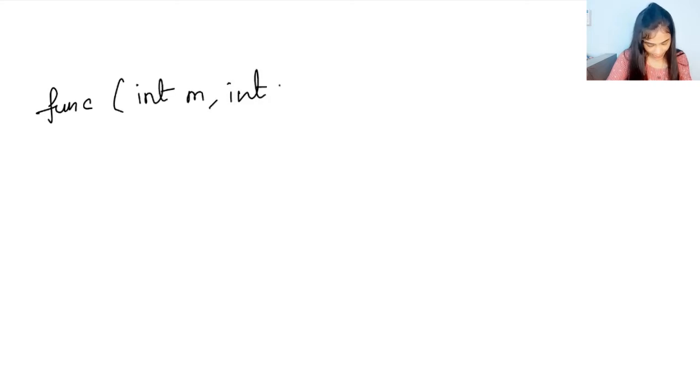इस वीडियो में हम सीखेंगे how to find the unit digit of m power n. So पहले हम logic समझ लेते हैं, फिर हम code करेंगे using recursion. Okay, so what we're going to do is we have our function over here, alright? So I'm going to pass m and n.